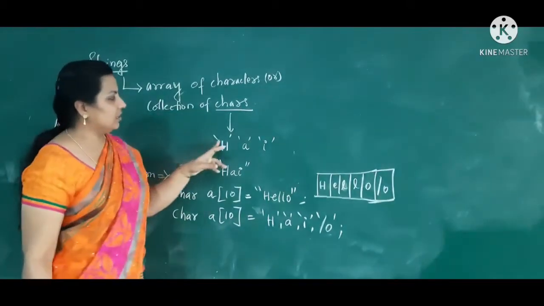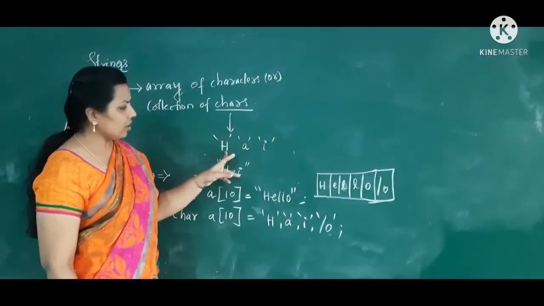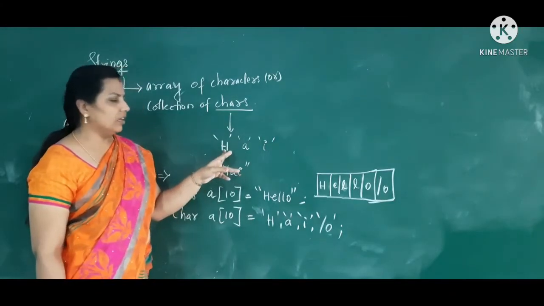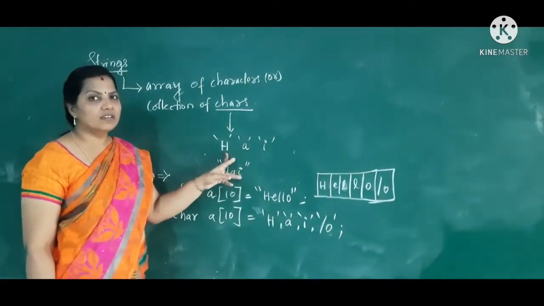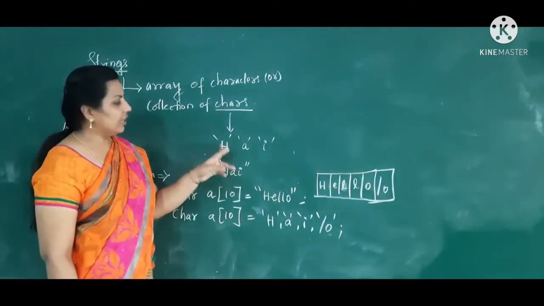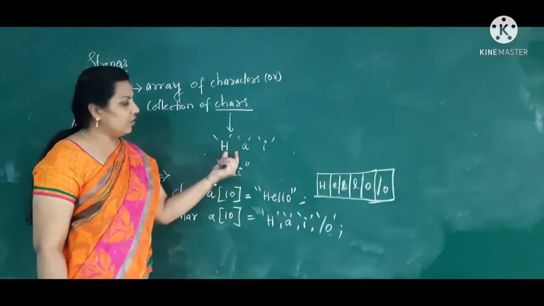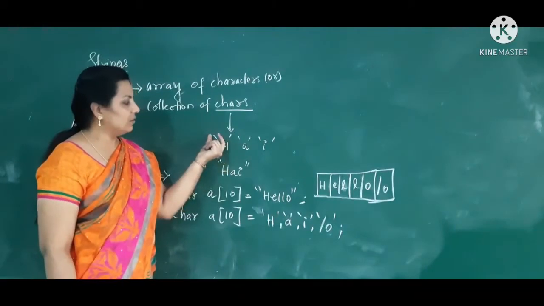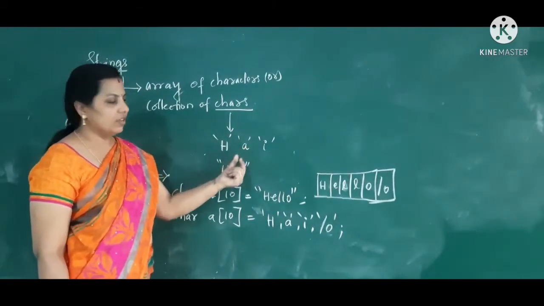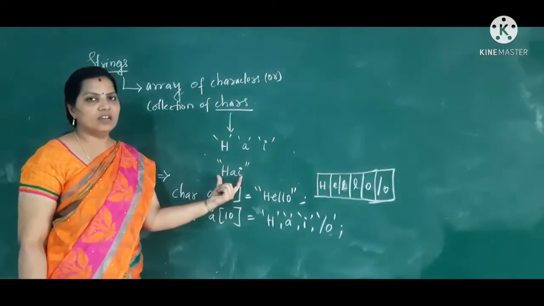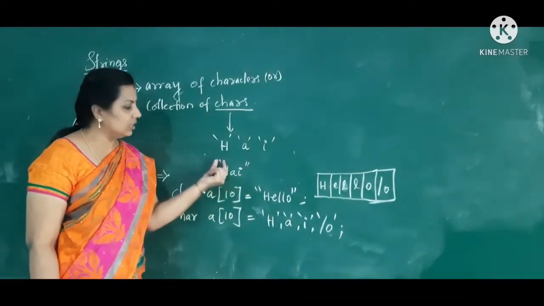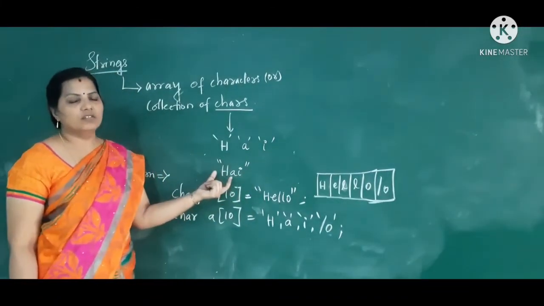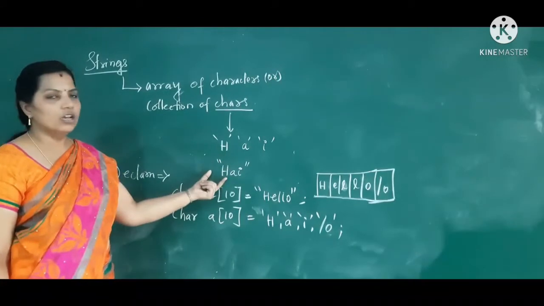So how can you represent a character? Simply, you specify the character, and it represents a single character, a single letter. Each and every character is a letter, and it is specified with single quotes. Whereas a string is specified as a whole sequence of characters within double quotes. This is how you represent a string constant.